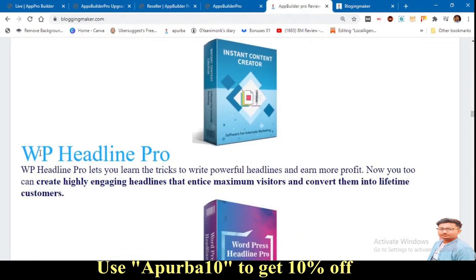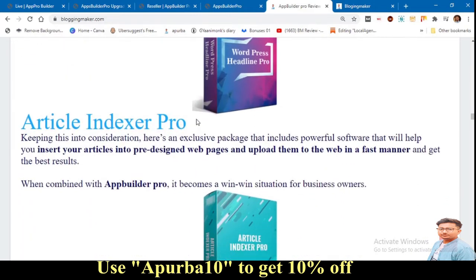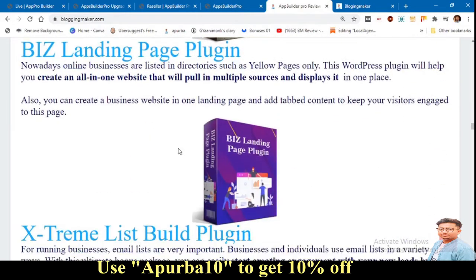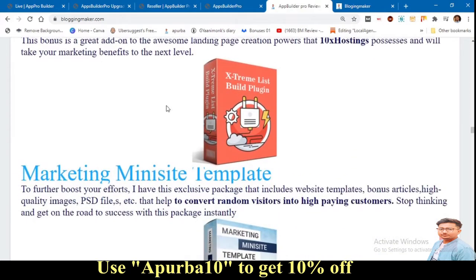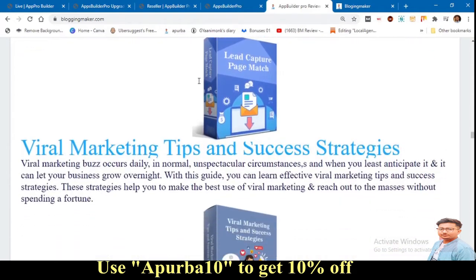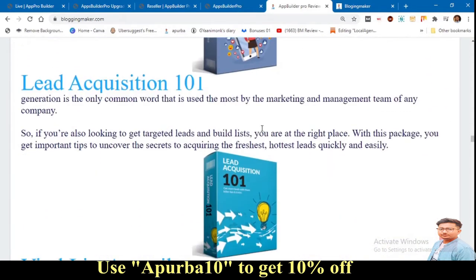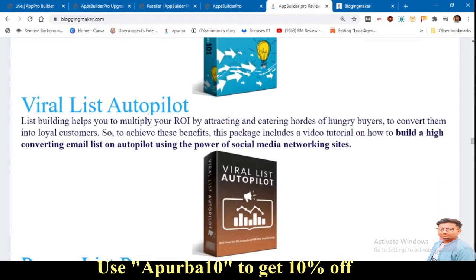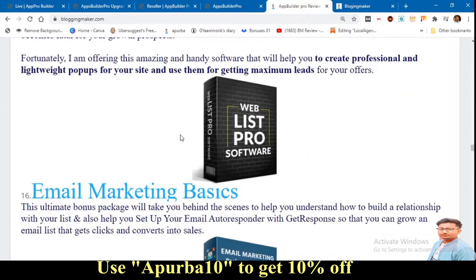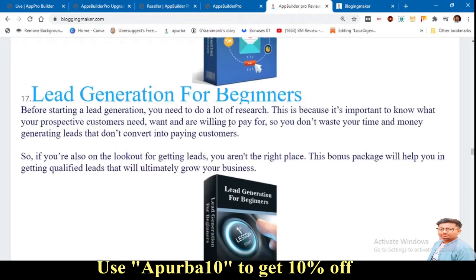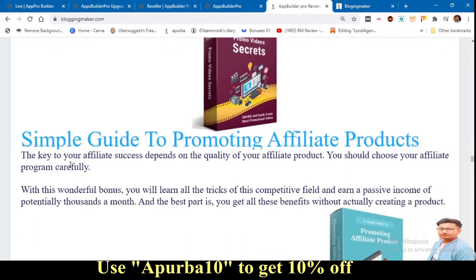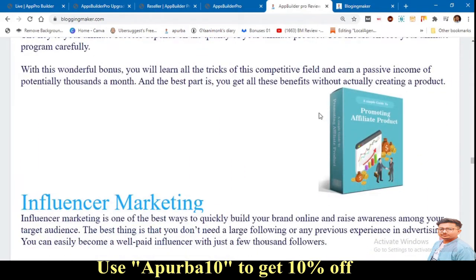Next is WP Headline Pro, Article Indexer Pro, Lead Generating Demand, Beach Landing Page plugin, Extreme List Builder plugin, Marketing mini site template, Lead Capturing Page Match, Viral Marketing Tips and Success Strategies, Lead Acquisition 101, Viral List Autopilot, Power List Pro, Web List Pro Software, Email Marketing Basics, Lead Generation for Beginners, 100 Mobile Web Templates, Promo Video Secret, a simple guide to promoting affiliate products, Influencer Marketing,